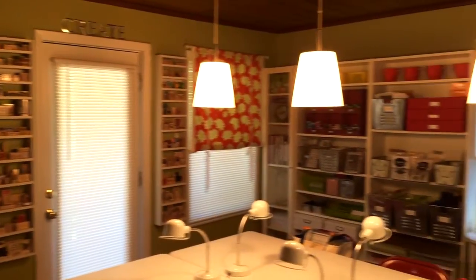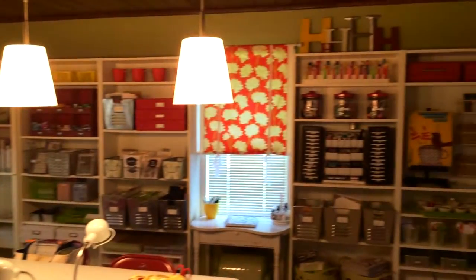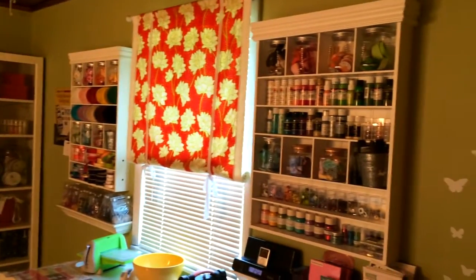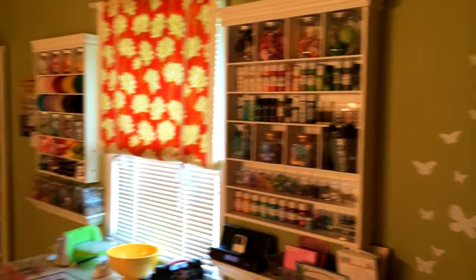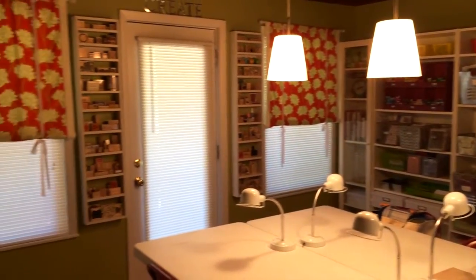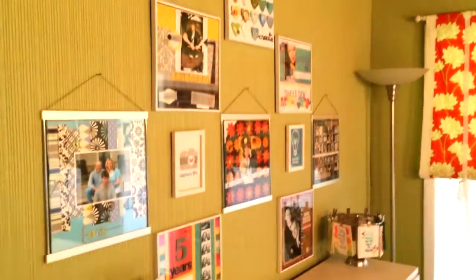Now, when we saw this house, the previous owners had it set up as a game room. They had a pool table in here and a dartboard, and I think my husband was super excited about that. But I saw all those windows and natural light pouring in and thought this would make a great space for a studio. So let me start off the tour by, when you enter the door to the left, you'll see